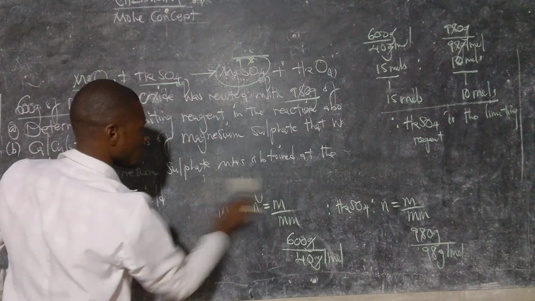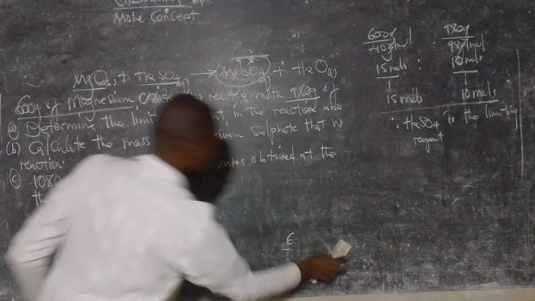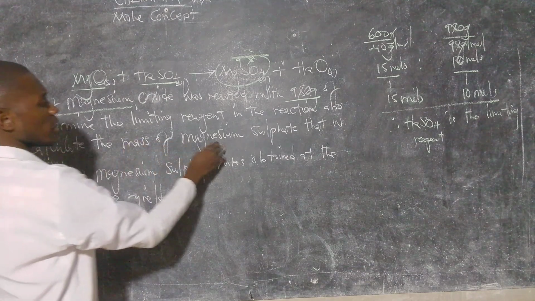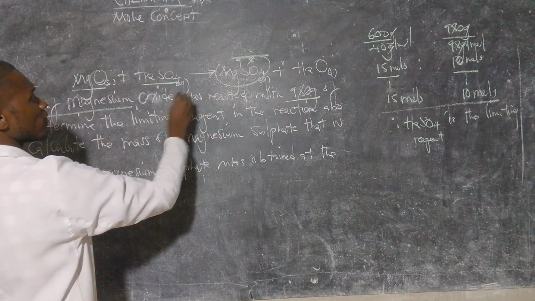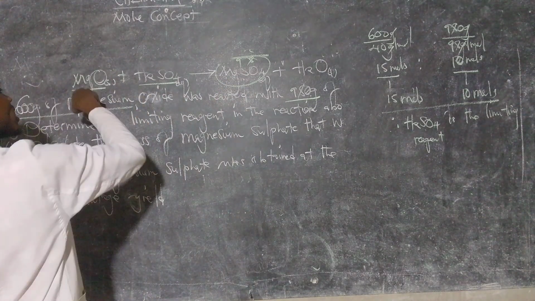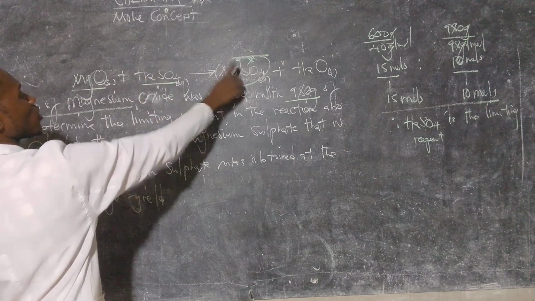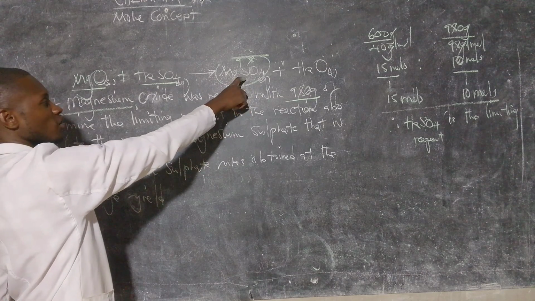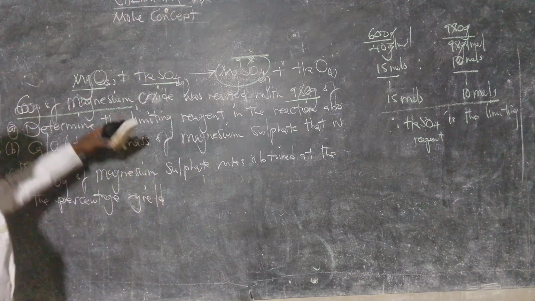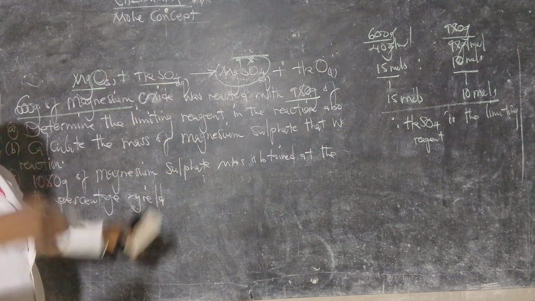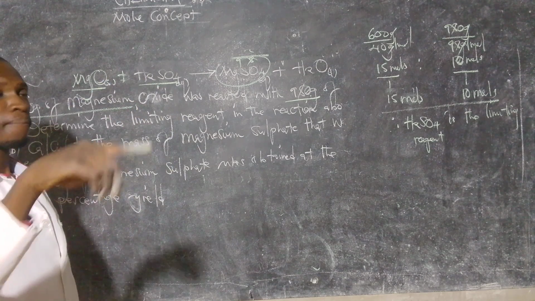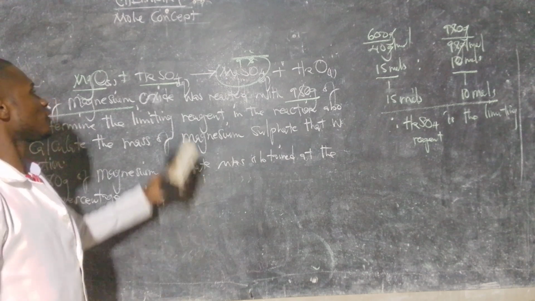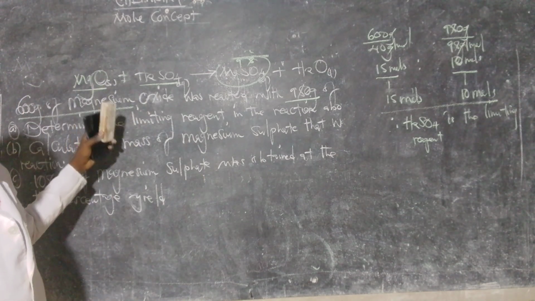Okay, I will now remove this part. Hope you have understood. The next thing, mass to mass. So calculate the mass of magnesium sulfate. Now, which one can we get which can help us to find this one? So whenever I want to find the product which was obtained at the end of the reaction, you need to understand that you need to get the reactant which determined how far the reaction was, because that reactant or its moles was limiting. But if you make a mistake to get the other one, it cannot produce